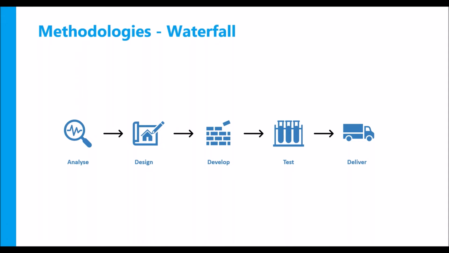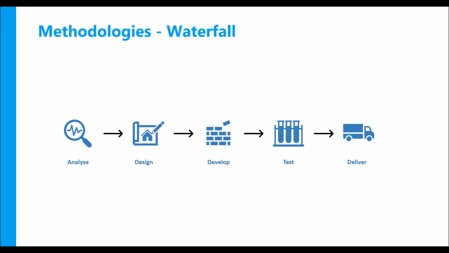Okay, so next, I'm only picking popular methodologies today. Completely contrary to the waterfall model is your agile model, right? What you try to do is, if you look at the previous model, the customer has to wait all the way from analysis to delivery to realize some value out of the project, right? If each of these phases takes 1 month, we are talking about at least 5 months for the customer to realize what he has expected.